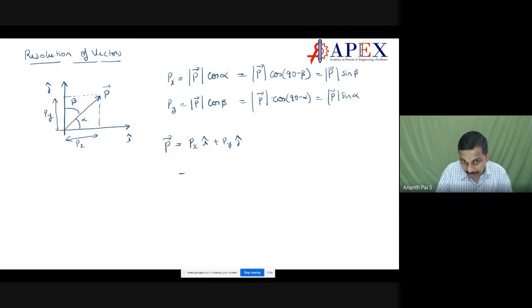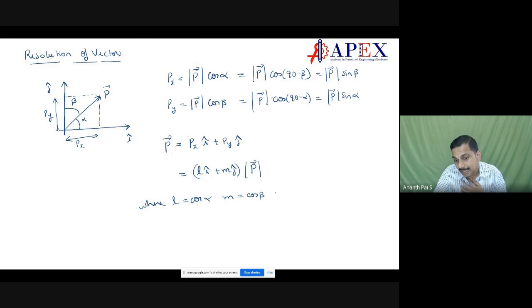Also, if you want to write it properly, we can write it as Li plus Mj times magnitude of P. Makes sense? Li plus Mj multiplied by magnitude of P, where L is equal to cos alpha and M is equal to cos beta, which are direction cosines,